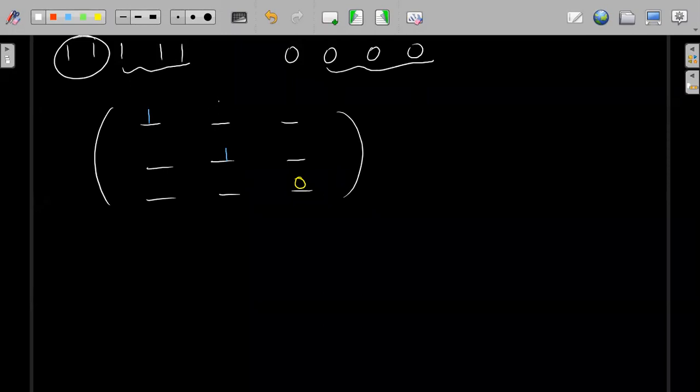So now I will fill one here. Suppose I'm filling one here. One will be filled here. So one is used, one is used. I will fill suppose 0 here. So automatically 0 has to be filled here. So 0 has been used, 0 has been used. Now one 1 is left and one 0 is left. So here, if I fill one here, I have to fill 0 here. Now this is not a symmetric matrix. Even if I fill 0 here, I have to fill 1 here, so this is not a symmetric matrix, right?